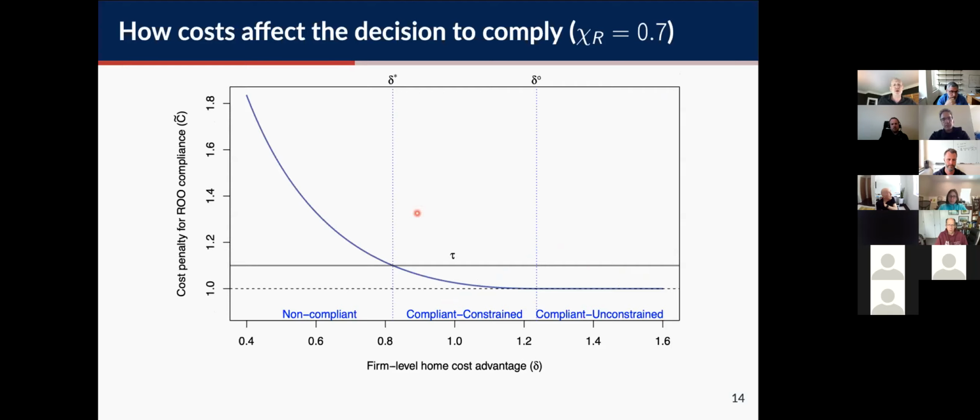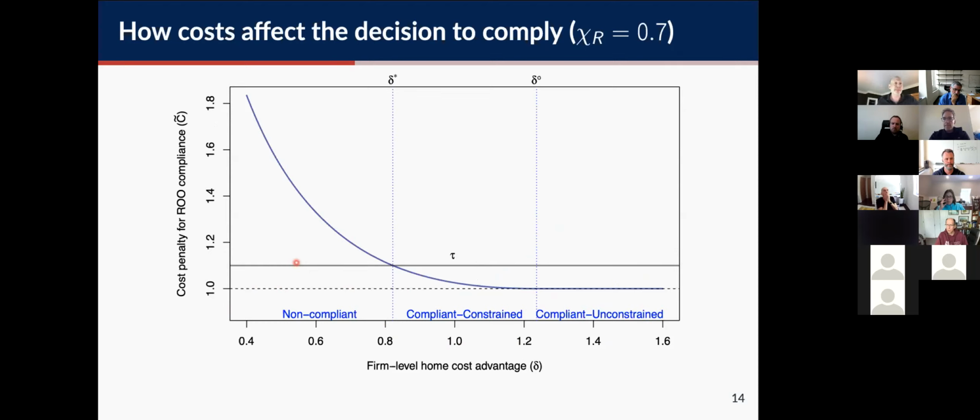So let me show you what this compliance decision looks like as a function here. Now I'm showing you on the horizontal axis this key delta parameter across firms. We see the same relative cost penalty curve here, just as a function of the firm's delta. So clearly, for the firms for whom the cost penalty is above the tariff, they're just going to choose to be